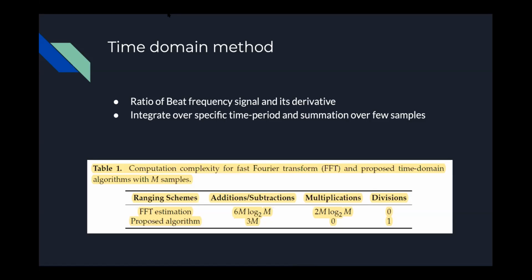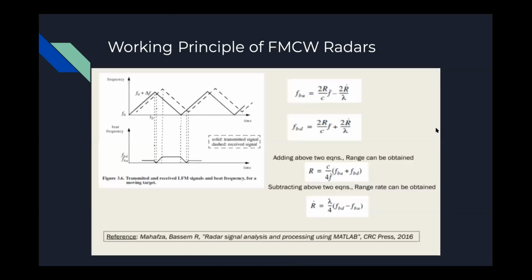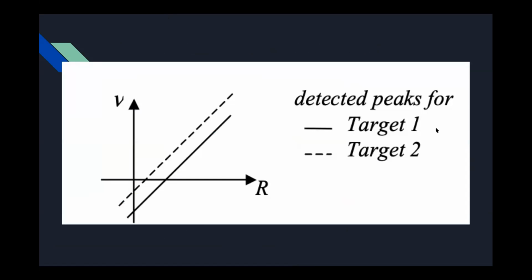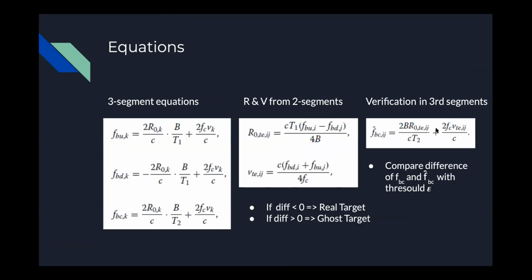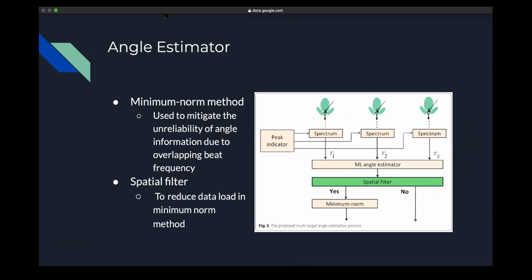So to reduce the computational complexity and the time taken for computation, they propose a spatial filter, ma'am. With the spatial filter, the complexity can be reduced. Spatial filtering is nothing but one matrix. We make all the antenna data into a vector, multiply it with the filter matrix, and we get the result. That is a simple task. Yes, ma'am, those are simple tasks.